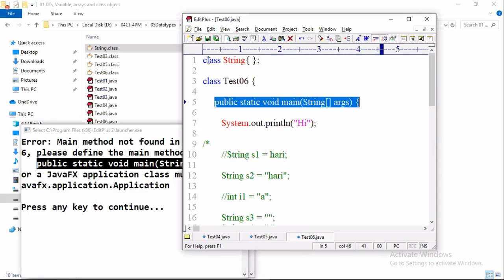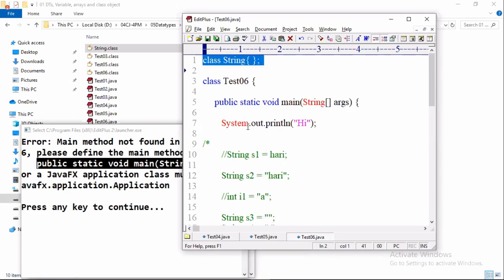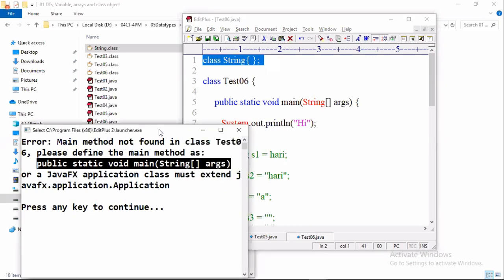How is the first class linking? Are you following the Java 11 new feature? With the Java 11 feature of running a Java file directly using the java command, the first class should have the main method. In that case it is throwing an error, saying class String doesn't have a main method.